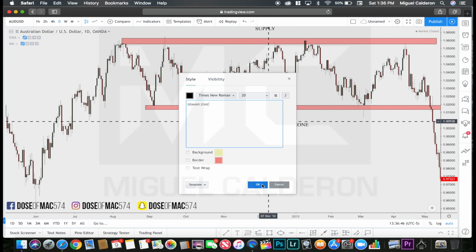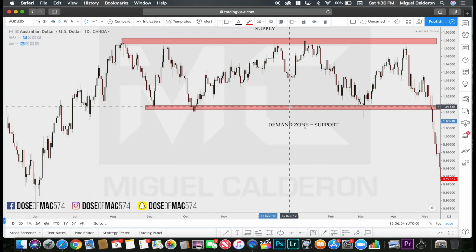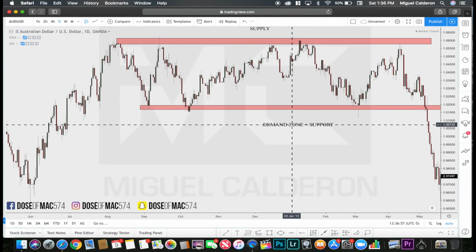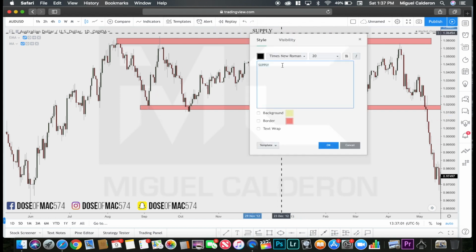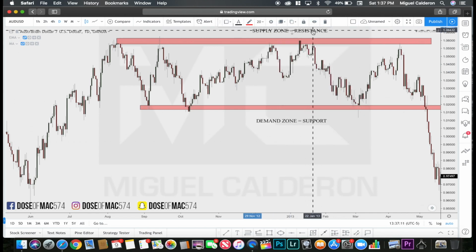And I'm actually gonna write equals support. Okay, and then I'm gonna also switch up the top one, and I'm gonna write supply zone equals resistance. Okay, guys, so supply zone equals resistance,